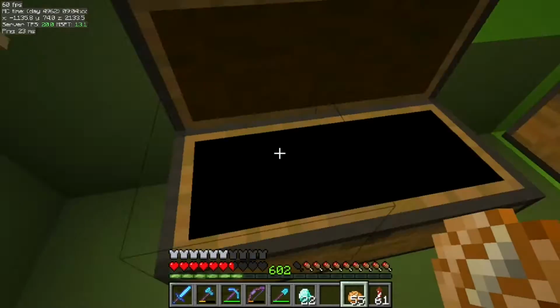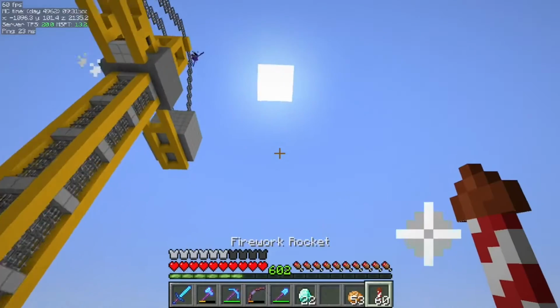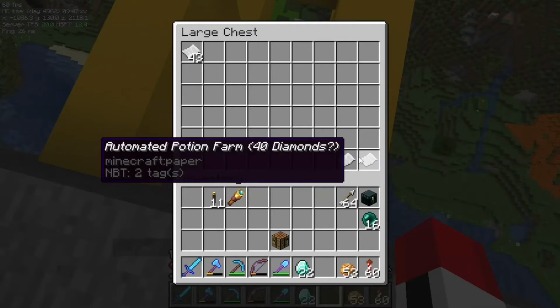We got some more diamonds there. And, nothing else. He did something up here? Let's see. It's an automated potion farm. 14 diamonds. Oh, yes, I do think we could do that. In fact, I think I have...